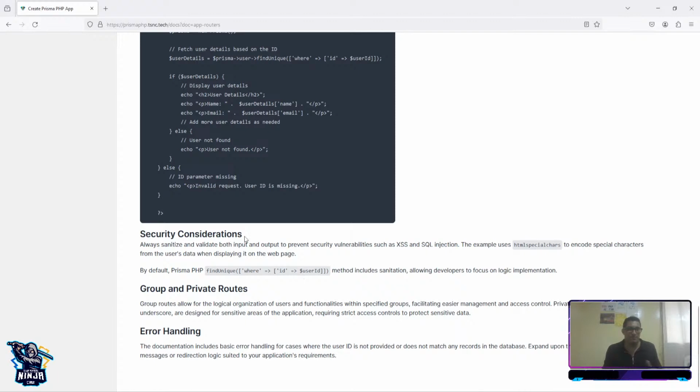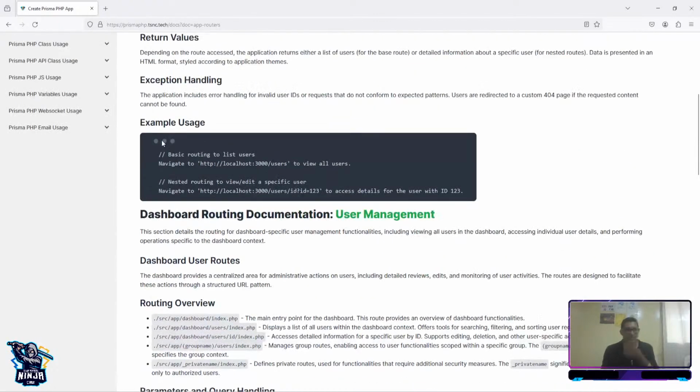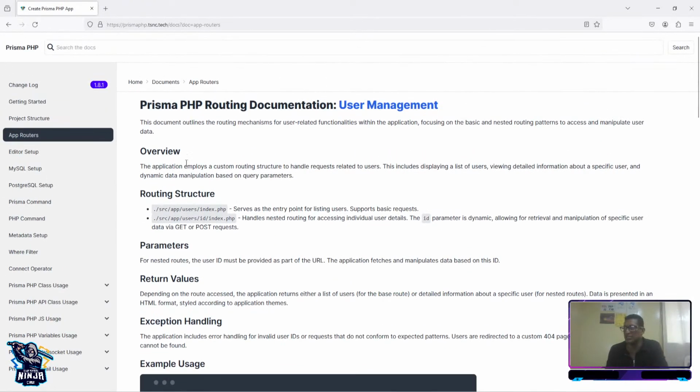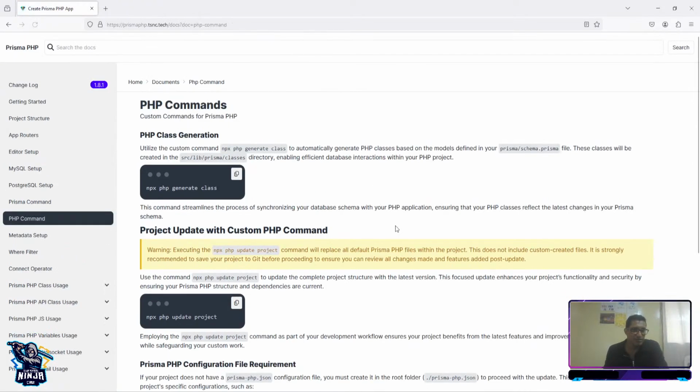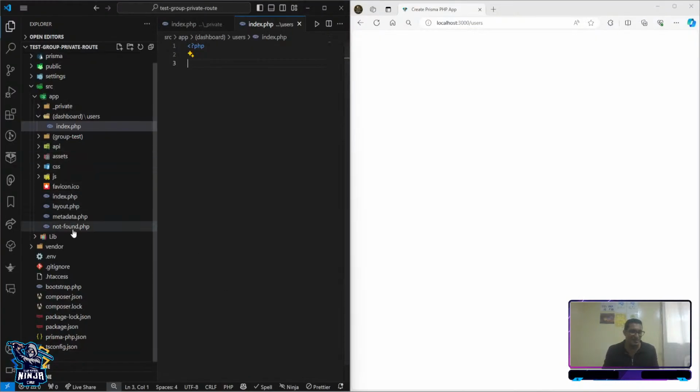So the other one we've got is the update project. This update project is a very important section for the project, managing updating those things. So what I'm going to do is come to, let's say, the Prisma commands and PHP command. So then last time this was never accessible by copying these sections. Okay, so what I'm going to do is come to my project to explain all those,